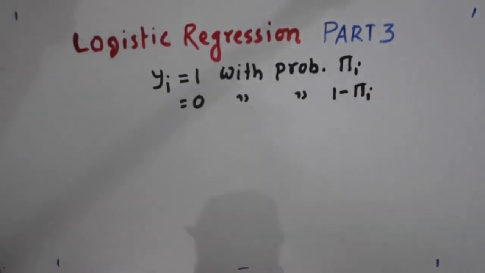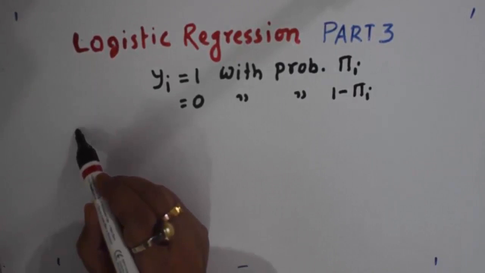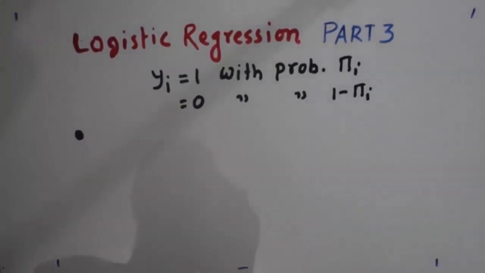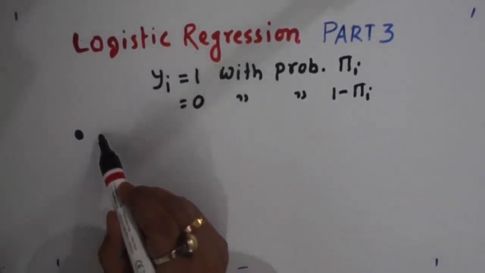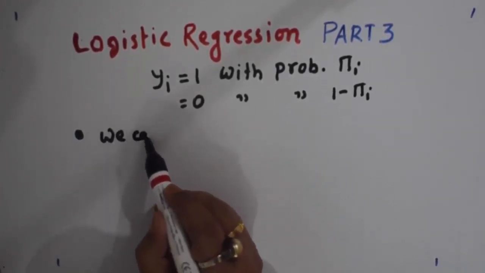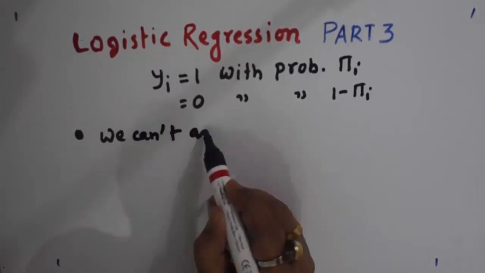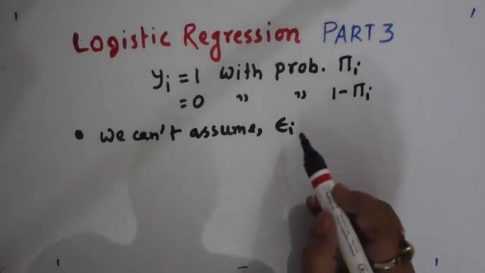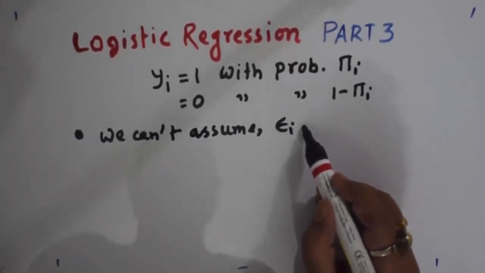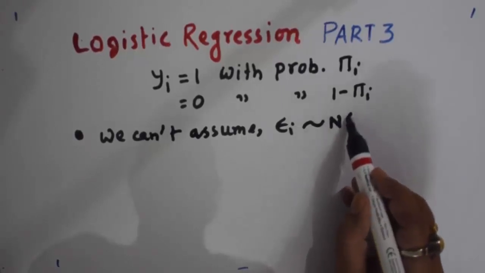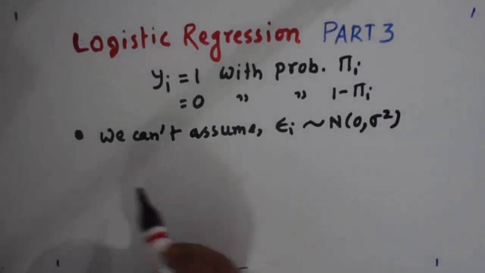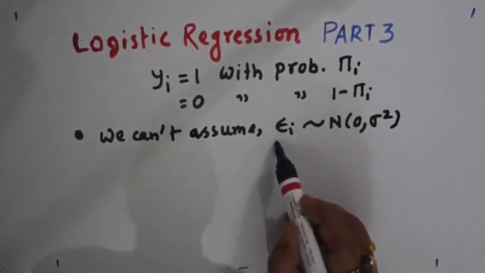We already observed three things. First, we cannot assume that epsilon i, that is the ith error component, follows normal 0 sigma square, because we see that